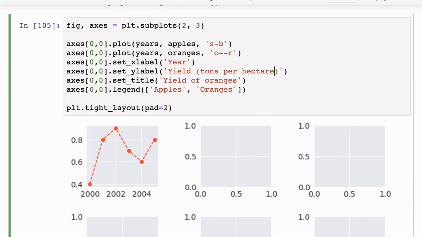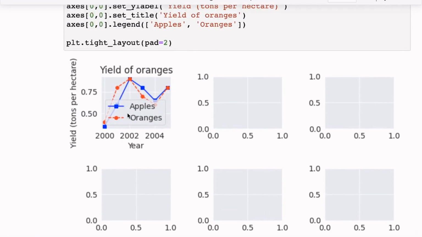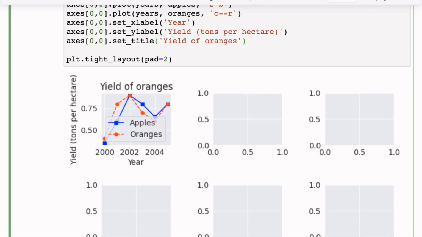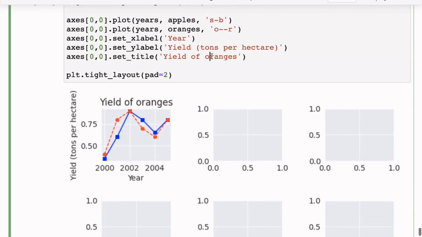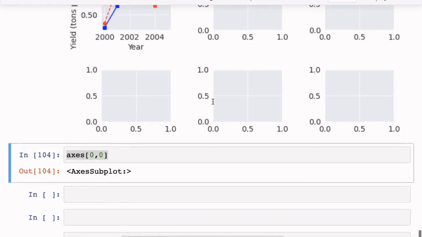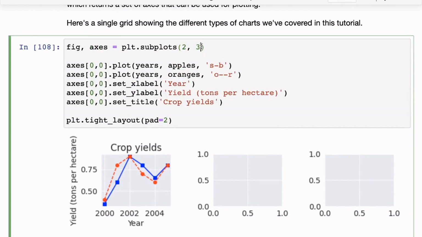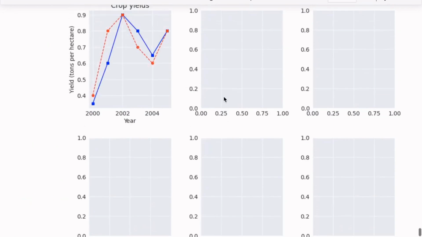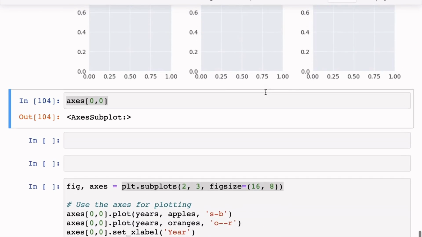Okay, so that's it. Now within that particular axes, we have drawn a pretty complicated chart. Maybe I don't want a legend. Maybe the legend is too much in a small graph like this. So let me just hide that. You can see this is crop yields. If this is getting a little too cramped, you can increase the size of the figure. You can specify a figsize, and let me set the figsize to 12, 9, and see if that makes it better. Okay, now the figure is a little better. Maybe we can even add back the legend. Alright, so there we have it.